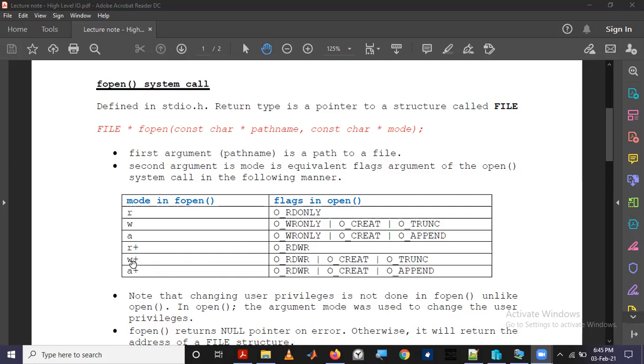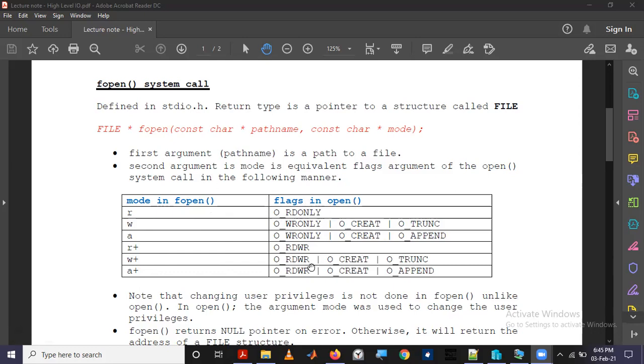If you specify W plus, it will be for read and write, but with creation and truncation. If you specify A plus, it will be read, write, creation and appending. So this is how you map these two different ways to open a file.